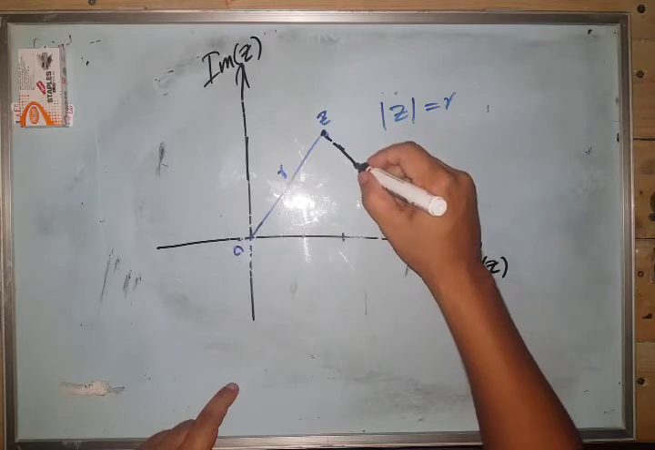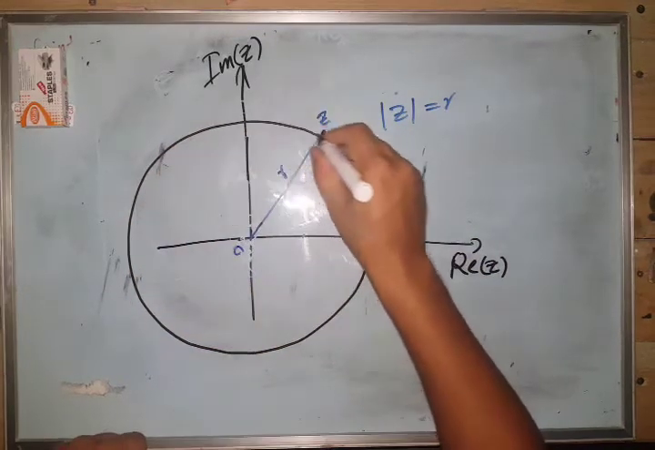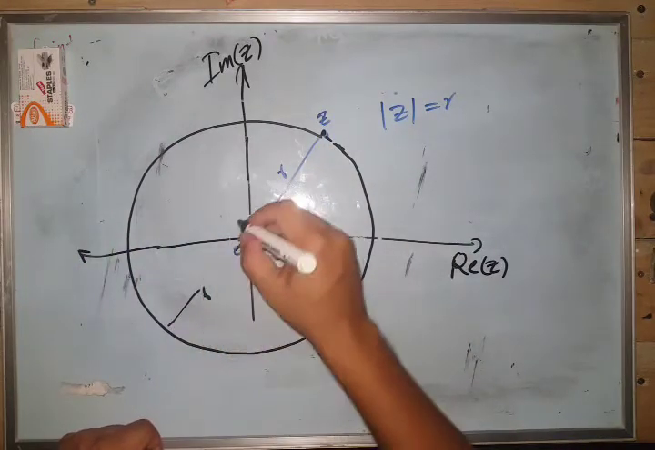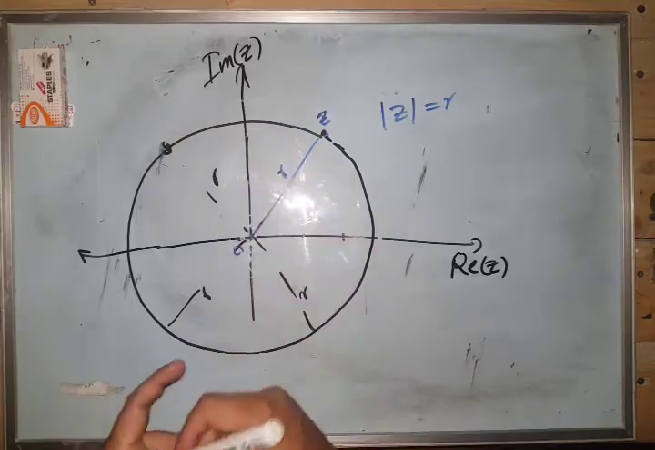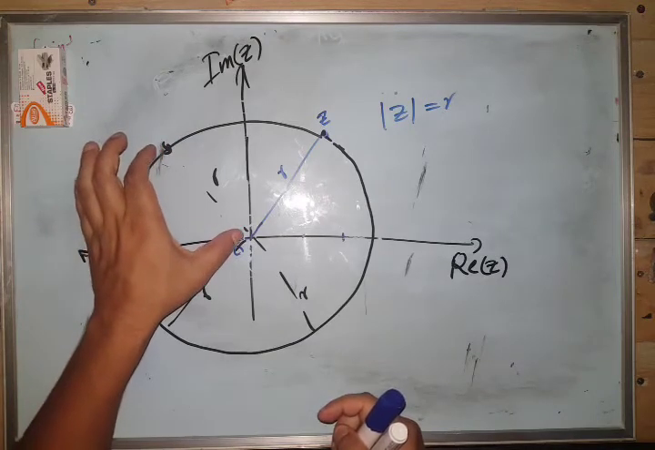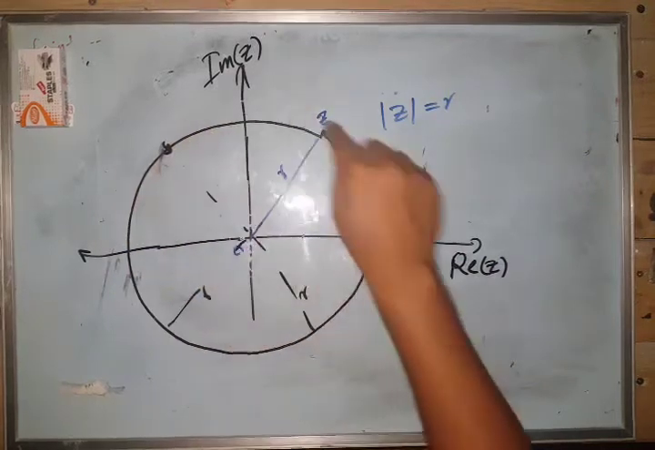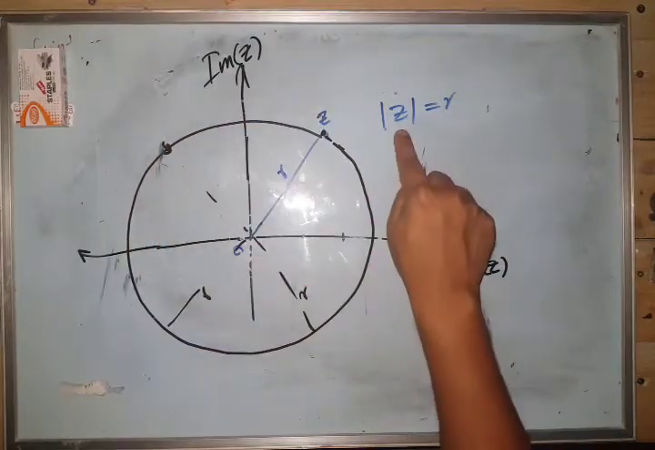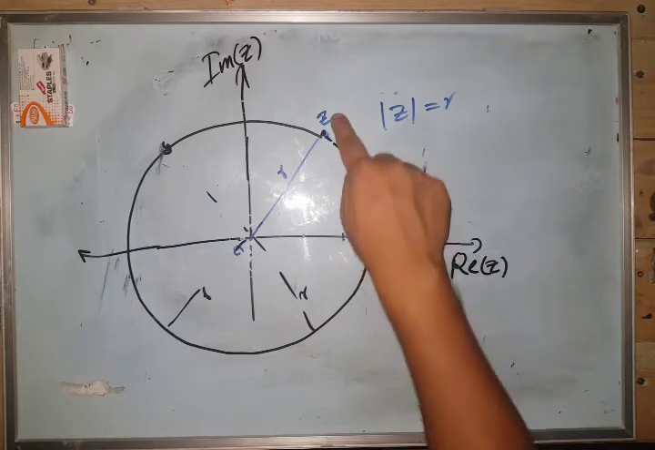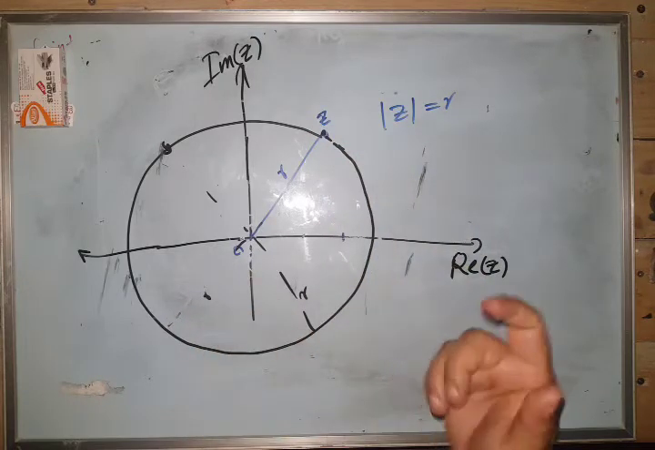And let's say this is r. Any point on this circle will have a distance from the origin which is equal to r. So any point on this circle will satisfy this equation. Now you have obtained the locus of z. So locus is the path that z takes,